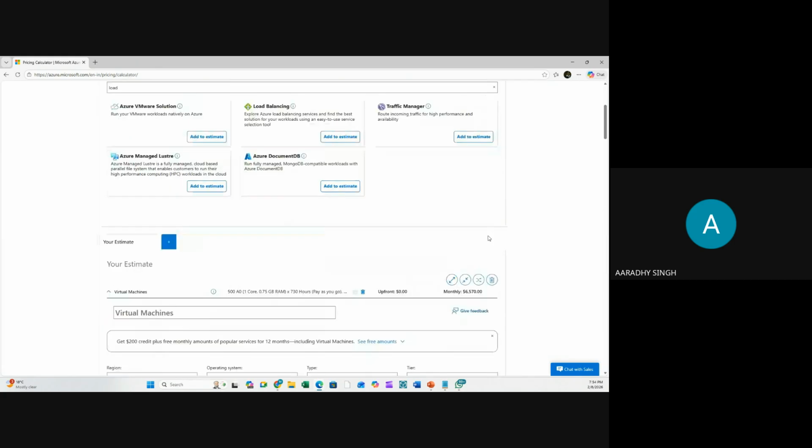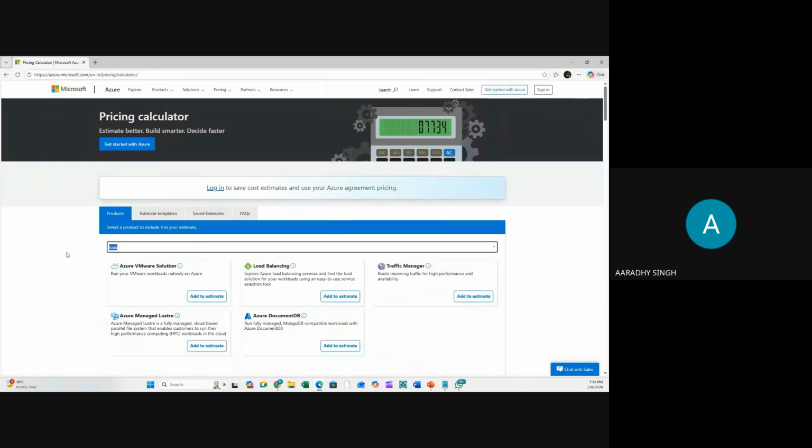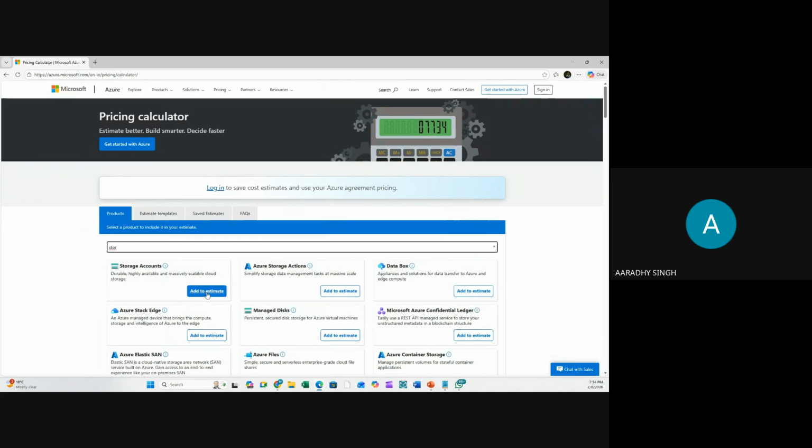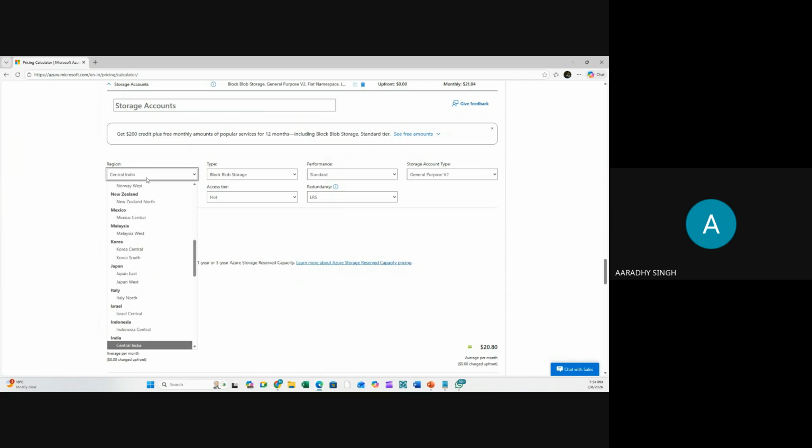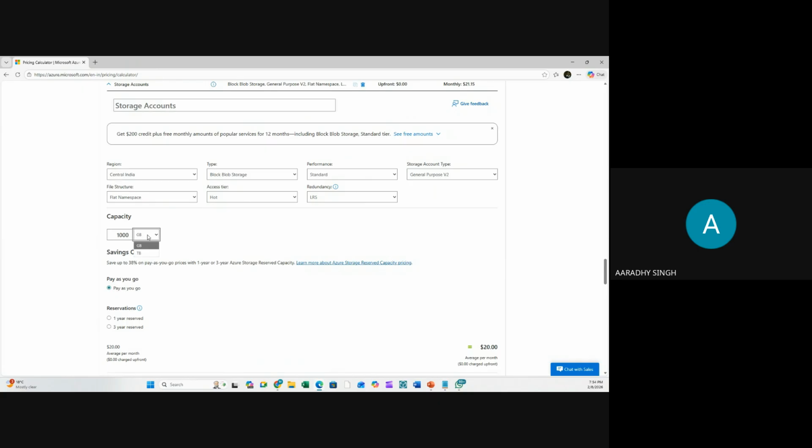Plus, in my call center there is lots of data, so I'm planning to maintain my data. What space am I looking for? Suppose 10 terabytes or petabytes, whatever size you're looking for. Here in Central India, I'm going to store the data. I'm planning to store 10 terabytes of data, or maybe 1 terabyte of data. I have 1 terabyte of data. How much do you have to pay? If you are going to store 1 terabyte of data, then you have to pay $20.48, means $21.